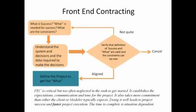The way we've developed this little flow sheet is what we call front-end contracting, and this is what we bring to our clients internally when they ask us to build a model, because that's the most common request I get. I typically don't get a request to specifically answer a question. They say, we want to model this process, or we want to model something to help us evaluate something. But the actual quantitative criteria is rarely mentioned,